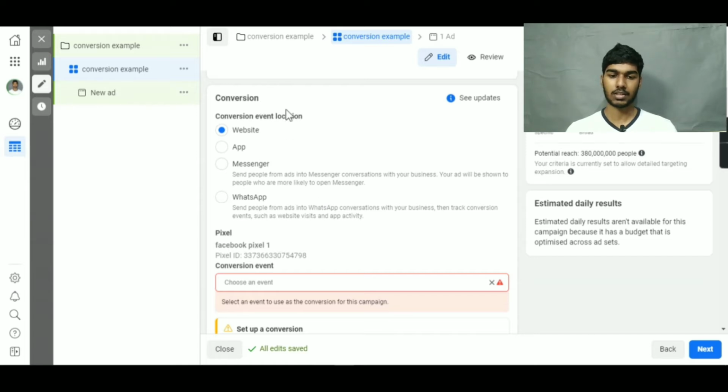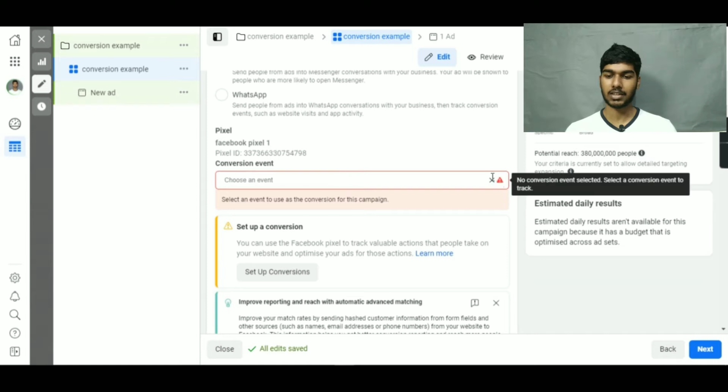Then you need to choose the conversion event location. Choose the one which you want. So if you want conversion on your website, choose website. If you want it on app, choose app. If you want it on Messenger or WhatsApp, choose the one which you want. In my case, I am using website.